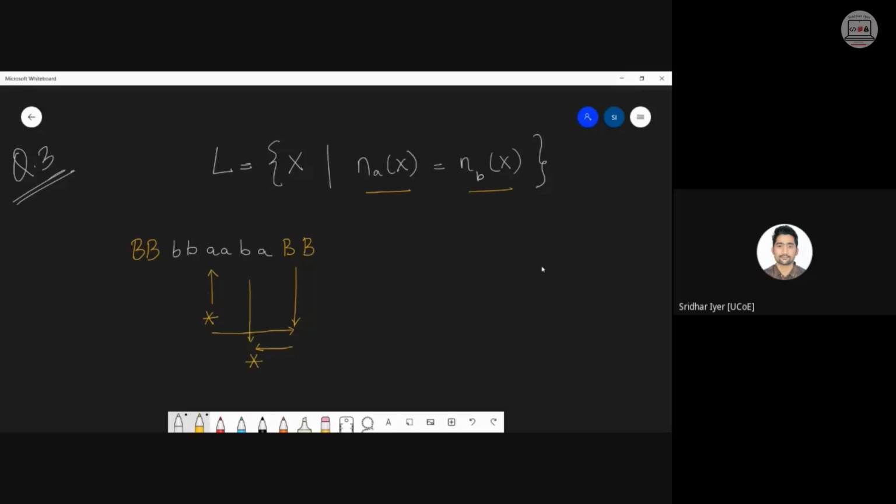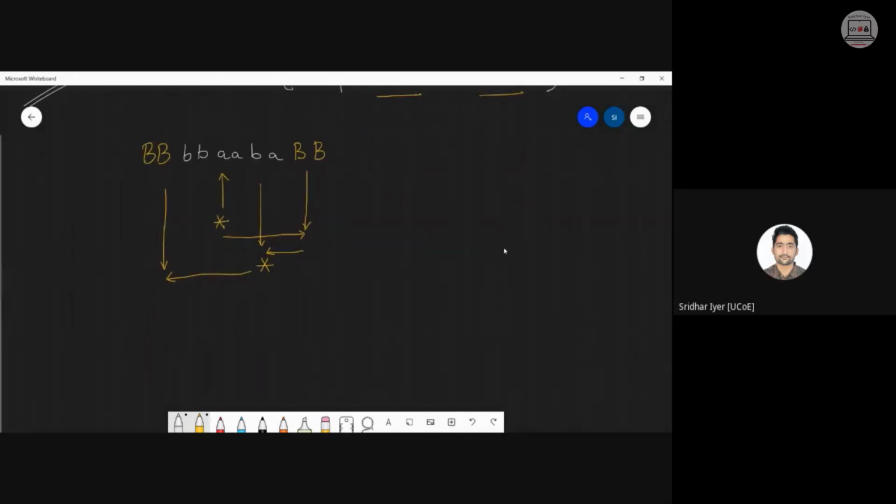समझा? तो एक पेयर हो गया हमारा A और B का. Am I clear? Now what should you do? You should again go back till this blank symbol. Am I clear? This is one pass. अभी समझा सबको what exactly I did over here.